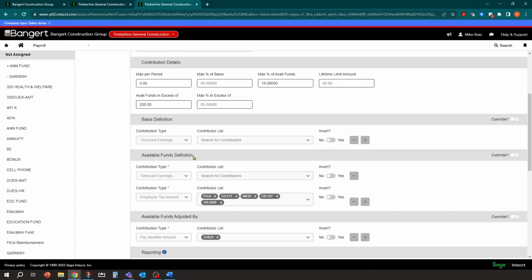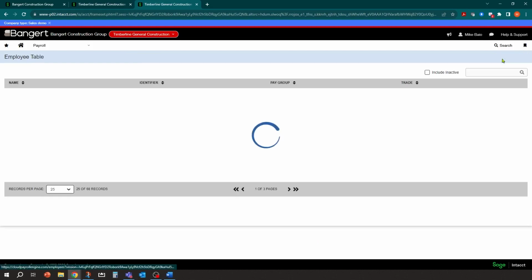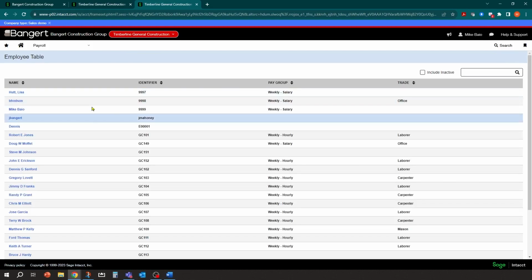So it's a big change for former users of Sage 300 CRE, formerly Timberline, where you'd have to make these complex formulas to include all of these different types of pays. Now you just have to list them, link them on the list here, and they will take effect. So that employee is set up. We're going to make sure it's saved. It is. And we'll click back. And then let's go process some pay and see how it looks. But it was that simple to set it up.